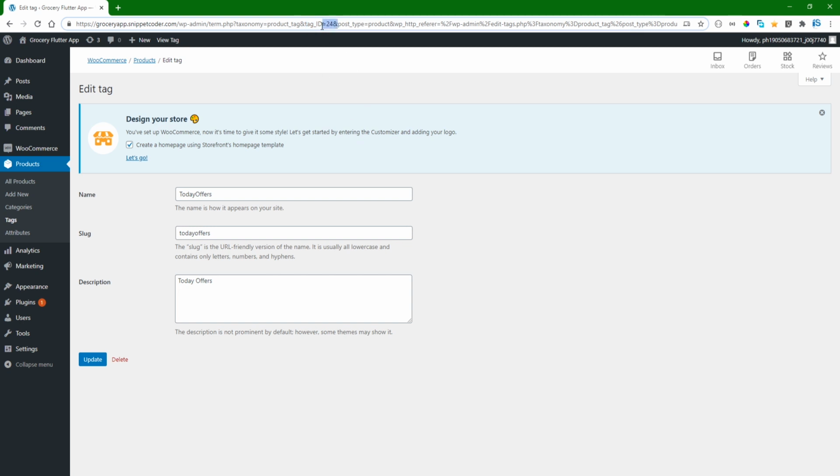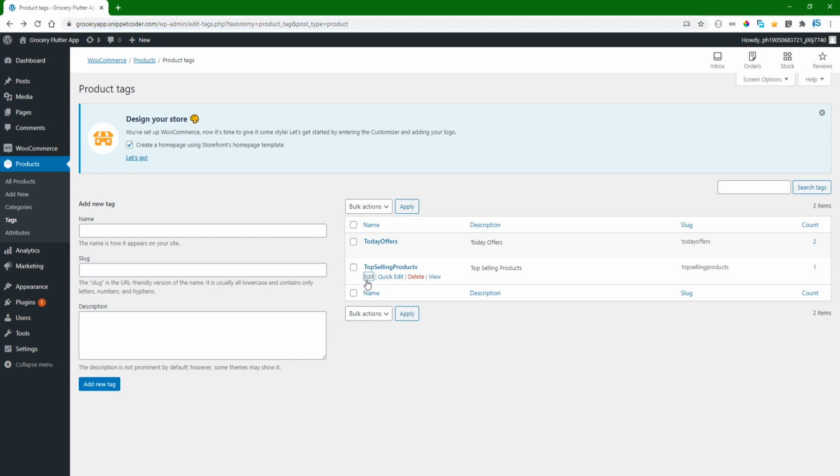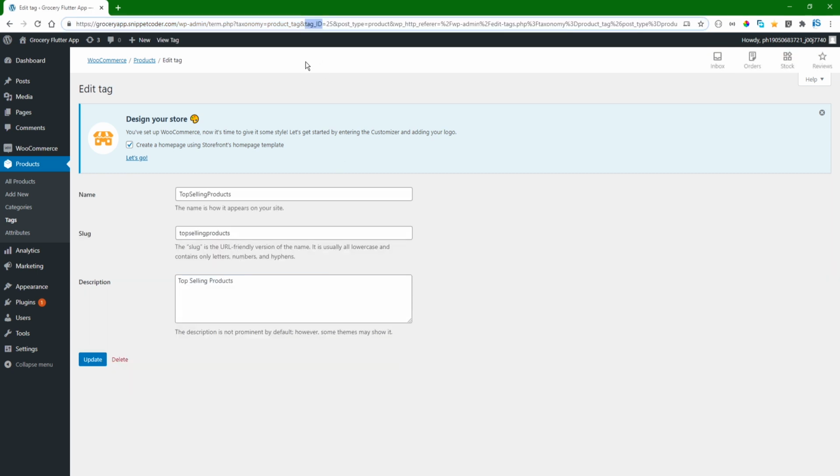This tag ID we have to note down. Okay, this is the tag ID for the today offer, that is tag ID 24. Then we have a top selling product. I will click on the edit button. So now the tag ID is 25 for the top selling product. So these two IDs we have to note down, so that we have to pass in the parameter of our